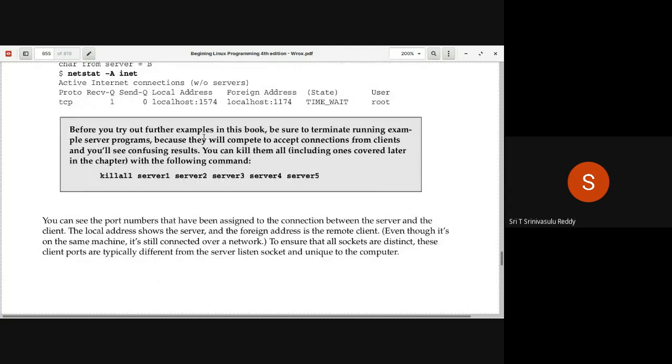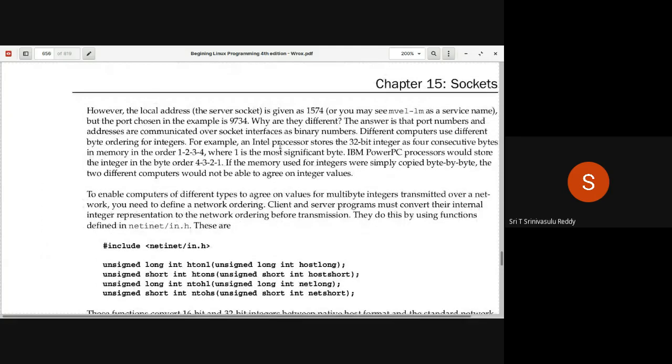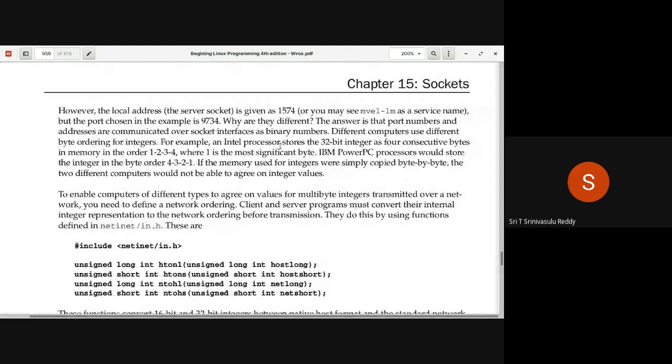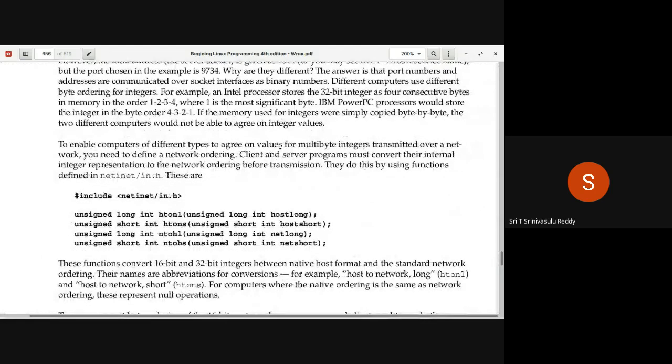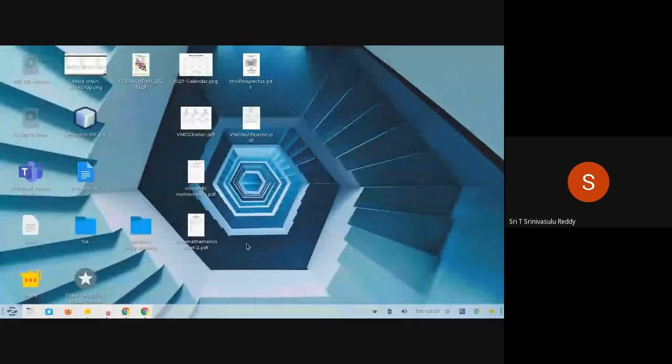All of that is being talked about under byte order. Let me show it to you here, in an Excel sheet.